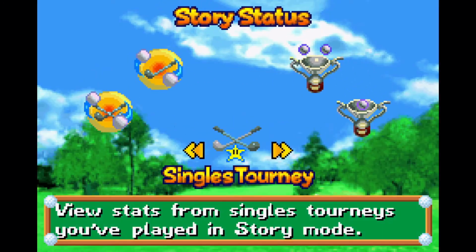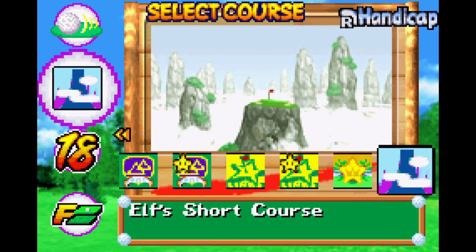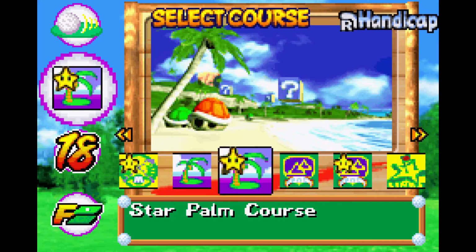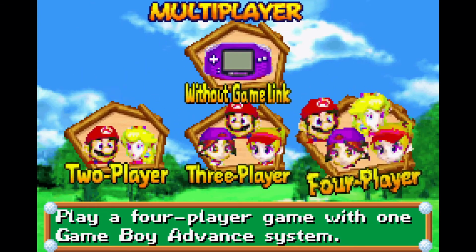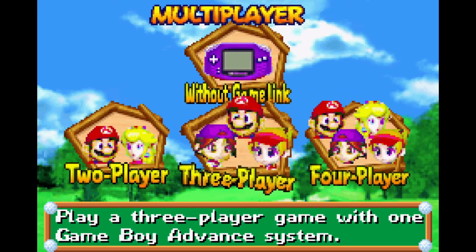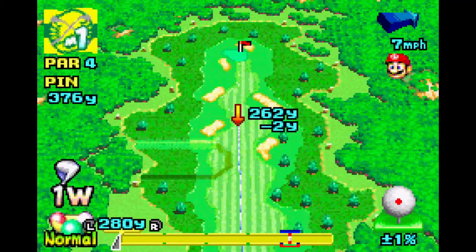And then you can look at all your same single player stats, see who you've beaten. Also, there are star versions of holes, so you can get basically just gimmicky versions, I guess. Real quick, the versus multiplayer lets you play with a game link and without a game link. Without a game link, you can put up to 4 players to play, and you just take turns, just pass the Game Boy around, which is something you could do with any handheld golf game, I would think. I also haven't even mentioned yet, but this game also introduces the ability to fine-tune your shots a bit